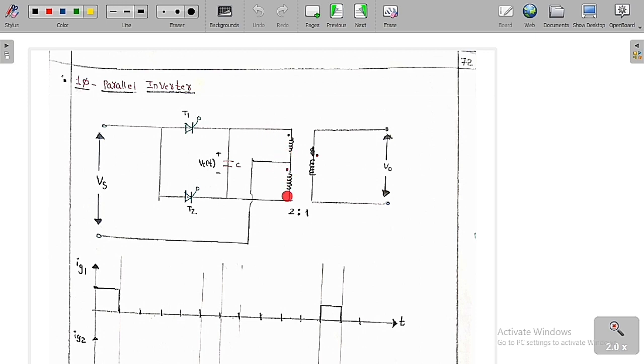So negative plus, so plus minus Vs, plus minus Vs. So overall capacitor voltage will be minus 2 Vs. The upper part is negative and the lower part is positive, which means the capacitor voltage will be minus 2 Vs. Therefore the capacitor voltage is going to charge up to minus 2 Vs, but we need the output voltage which is half of the primary voltage. So simply we are going to get the output voltage as